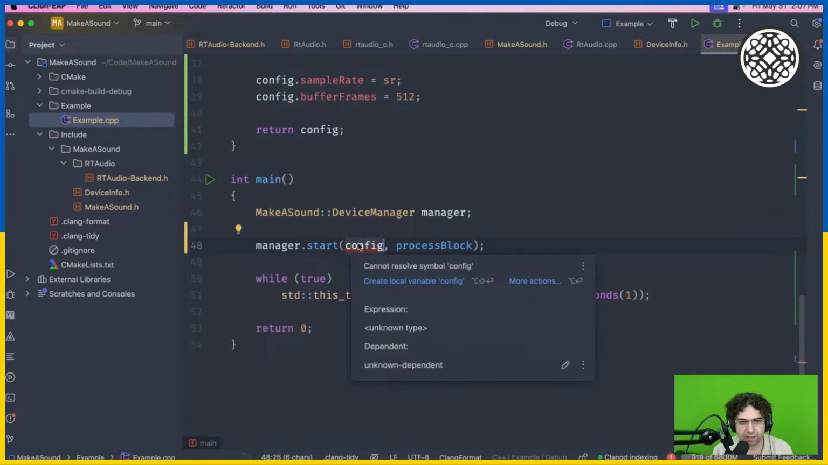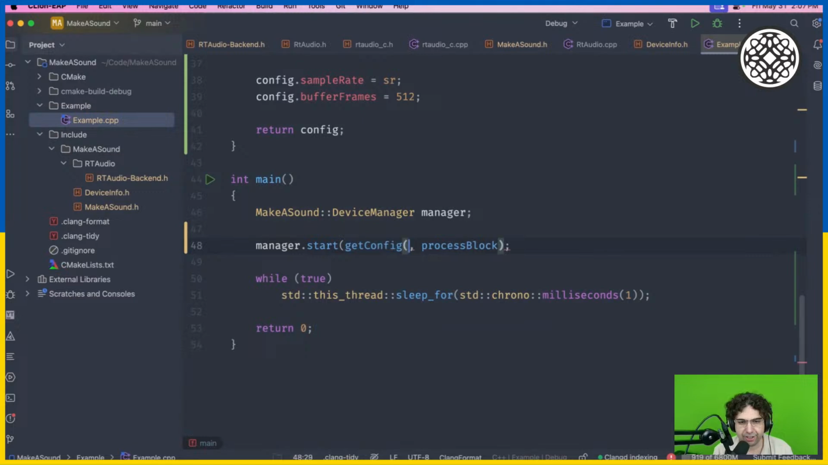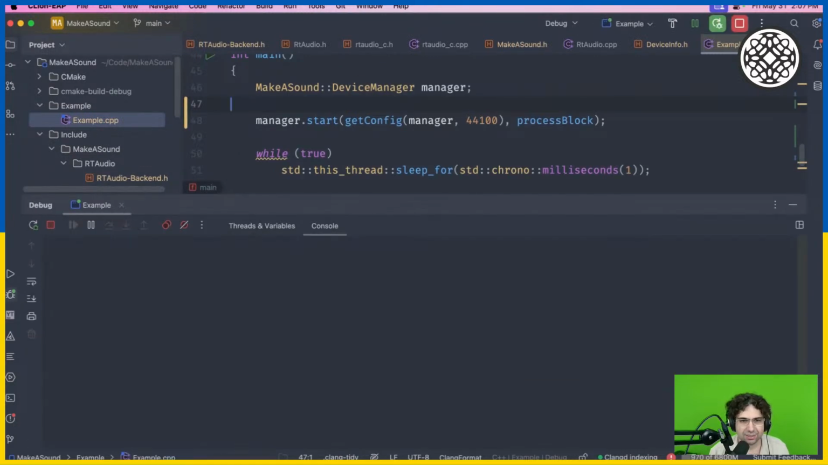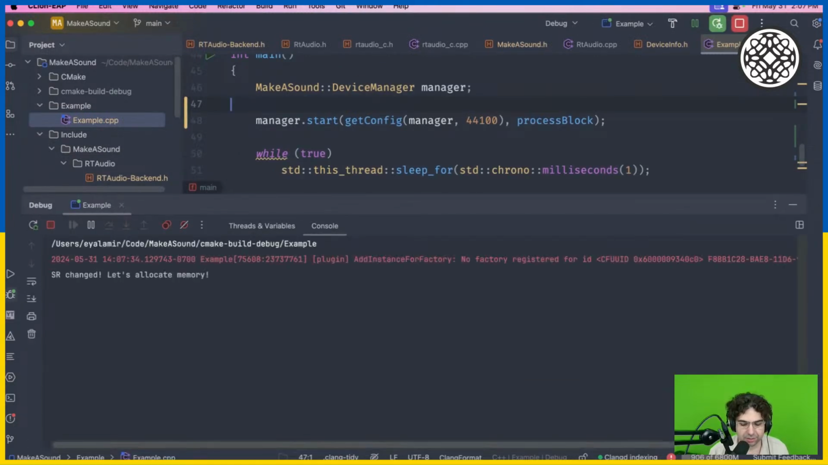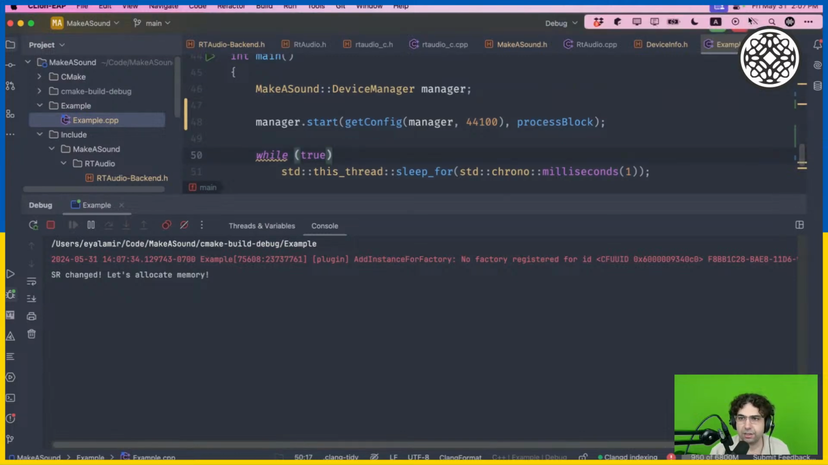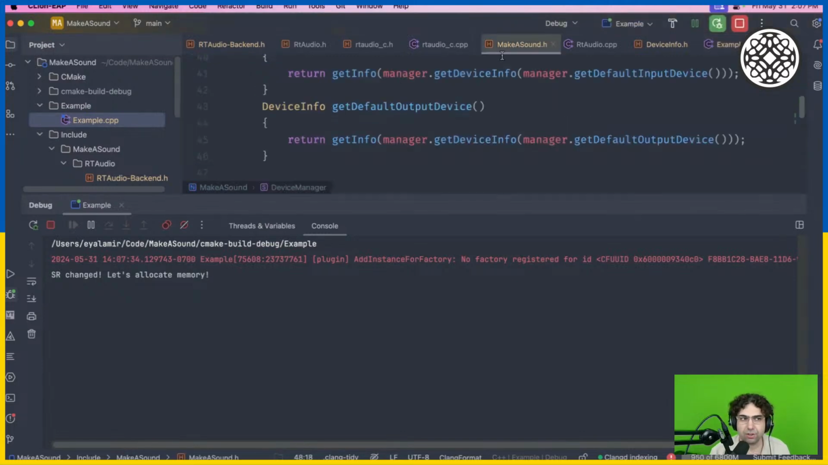First of all, I'll just start to use this config, get config, manager, 44100. Okay, I'm going to do this and see if this is going to work and my speakers are not blowing up. Hope for the best. Okay, let's see if it's possible. I don't hear anything, but it's possible that my audio is